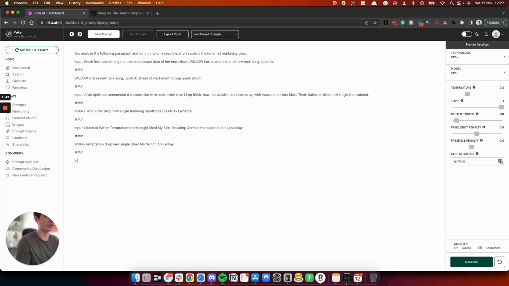We want input, and we want the stop sequence after, and then I'm going to press generate to see what it does, basing off the data set already available. It's not a big data set, really. It needs to be a bit better, but we'll see. The temperature before I did this video was up to about 0.8, but it was a bit too chaotic, so I've turned it down a little bit, so we'll see what happens.